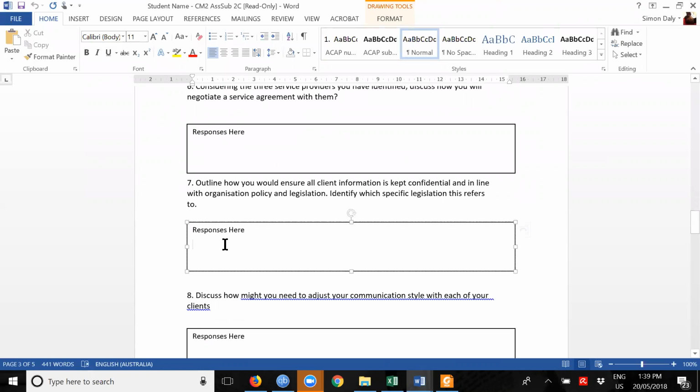Number 7, how would you ensure all client information is kept confidential in line with the organisation policy and legislation? Identify which specific legislation this refers to. So, all client information is kept confidential and in line. Now, so there's 2 things. Confidentiality is the ethical responsibility to not talk about things. So you would keep all information, all spoken information between yourself and the relevant parties, and only share information where written agreement is made. There's privacy, which is the storage of information, which you need to store in